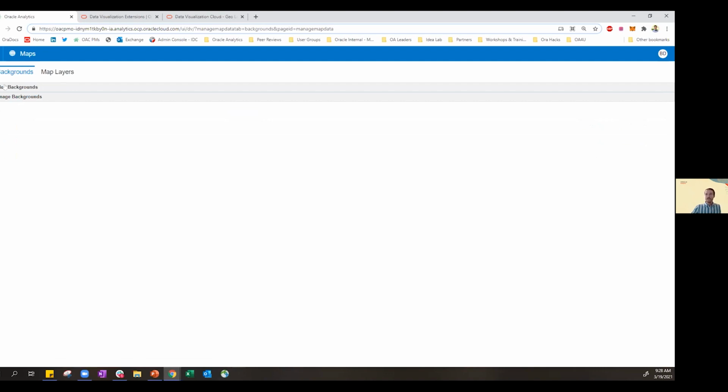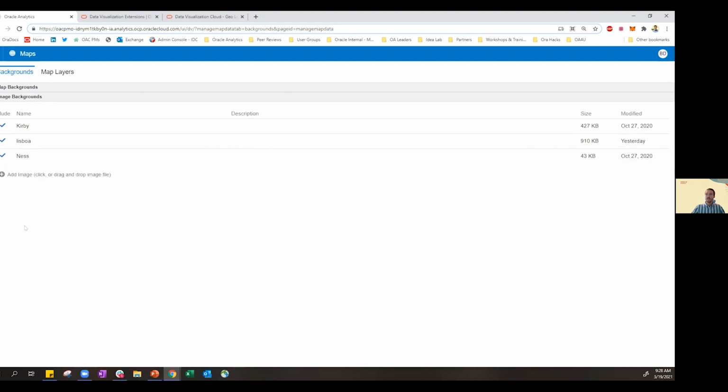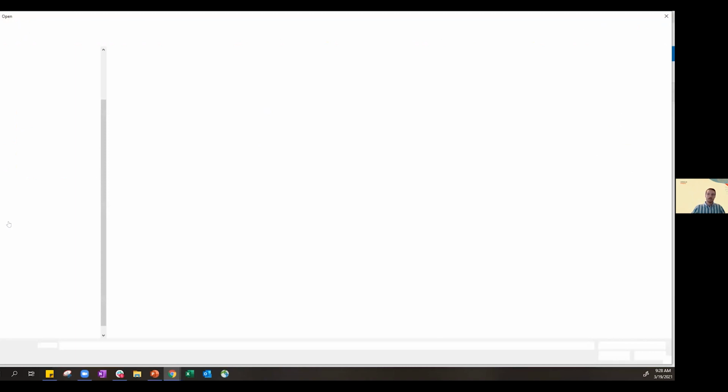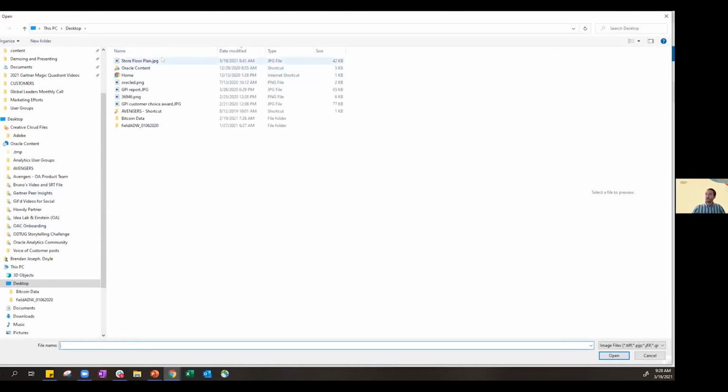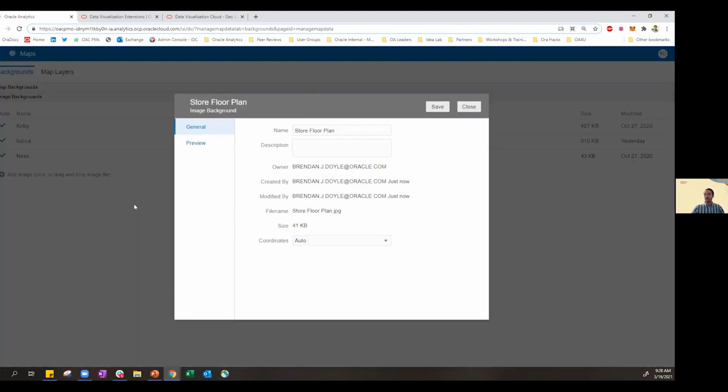The map backgrounds are really the backgrounds that Ben shared with the Google satellites, the type of backgrounds that you'd find online just by Google searching. But the image backgrounds are the custom ones that you can bring in yourself, similar to the store floor plan that Barry showed. I'll show an example of how he brought that in and was able to leverage it for analysis. So let me just quickly bring in my JPEG. It can also bring in JSON files as well.